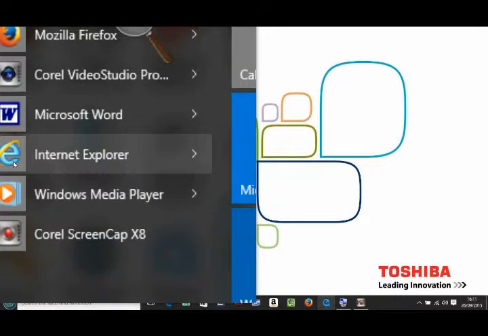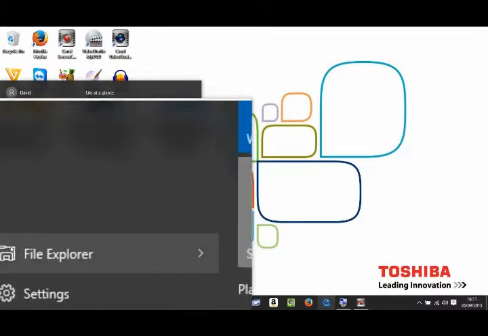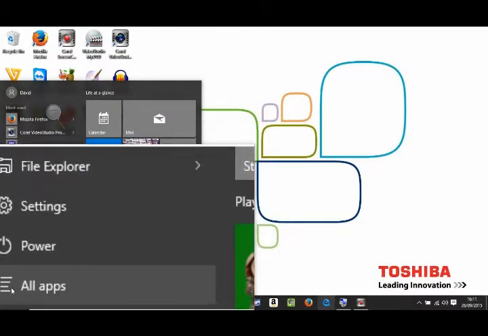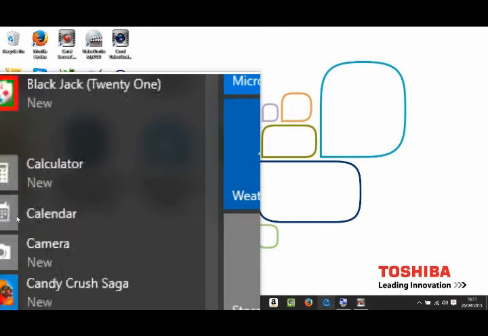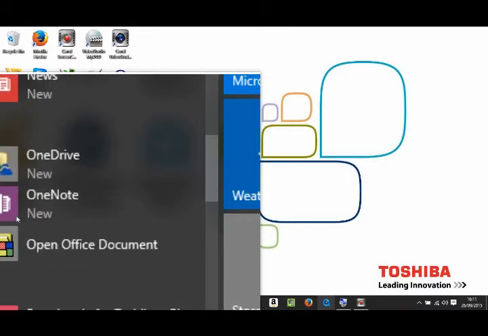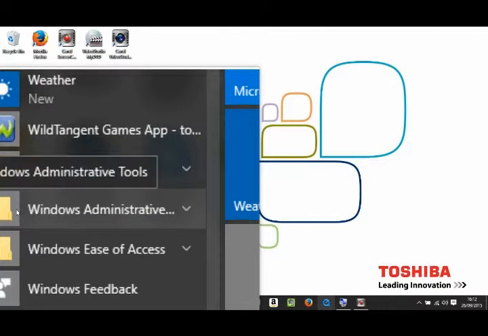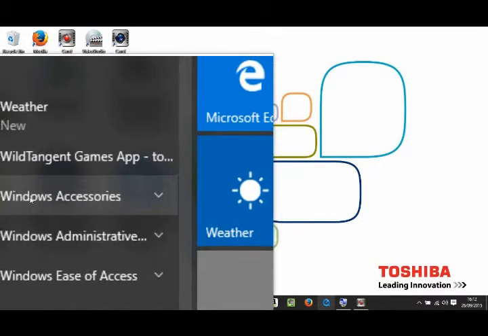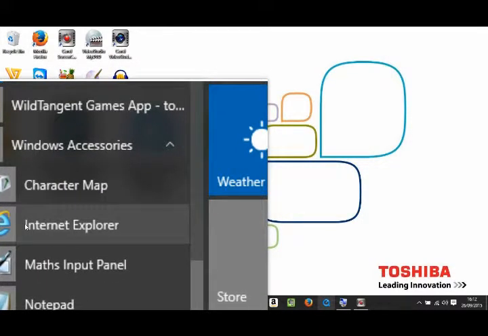Now if you have an Internet Explorer icon here, you can immediately just click there. If you haven't and you need it there, all you've got to do is go into all apps, left click, go up a little bit and then scroll with your mouse down to what's known as Windows Accessories, and when we get to Windows Accessories we click in the box called Windows Accessories and we find Internet Explorer. Left click on Internet Explorer,